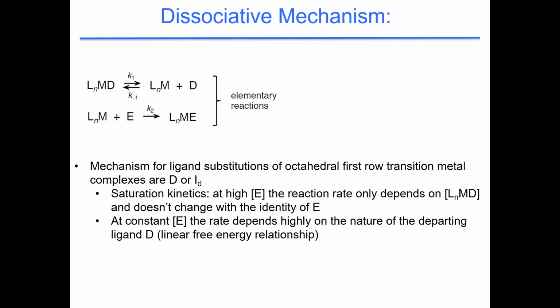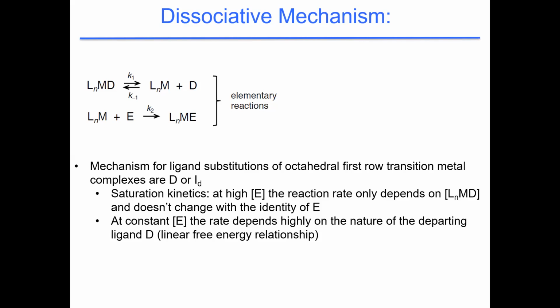Mechanisms for ligand substitutions of octahedral first row transition metal complexes are most often dissociative or dissociative interchange. And in order to determine if a mechanism is